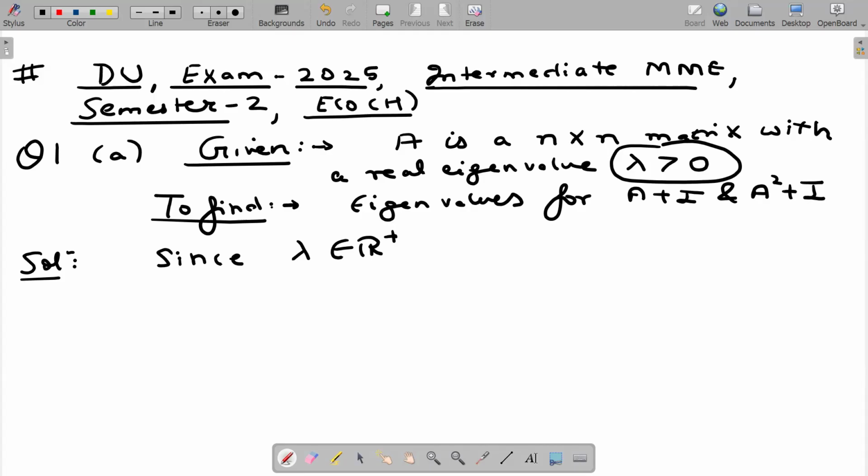Since lambda belonging to positive real numbers is an eigenvalue